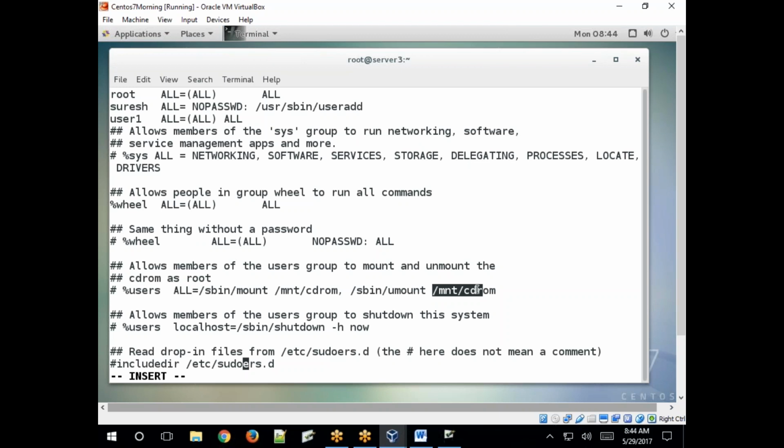So whatis ls shows the information: ls lists directory contents, a small description about it.